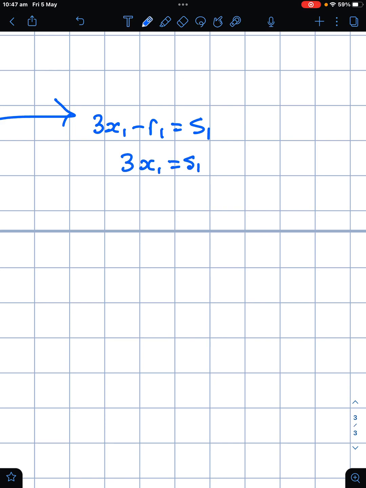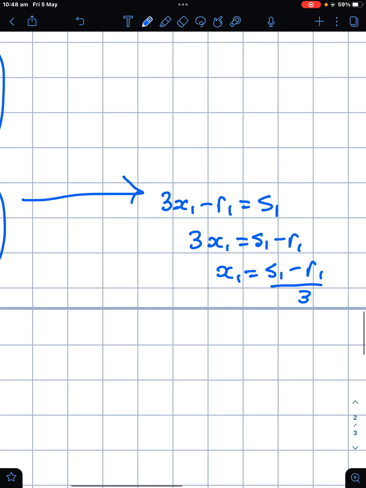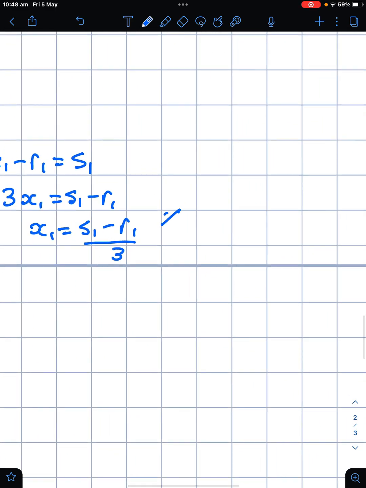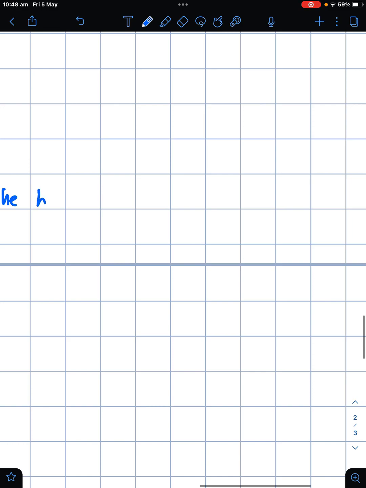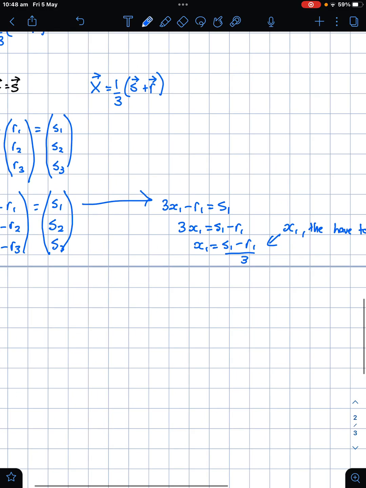3x1 equals s1 minus r1, x1 equals s1 minus r1, all on 3. And so we've got these steps, and that's just x1. We then have to do x2 and x3. So you can see this is quite a cumbersome way to solve,